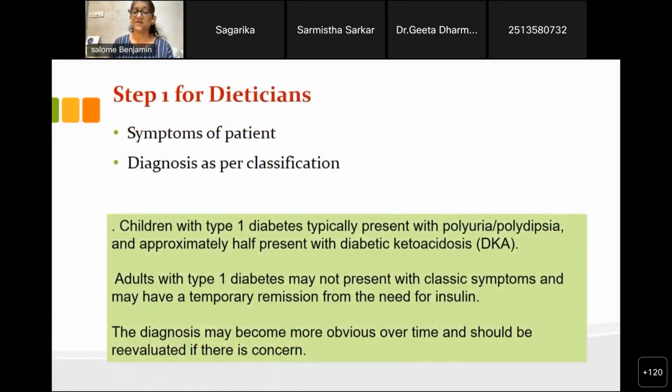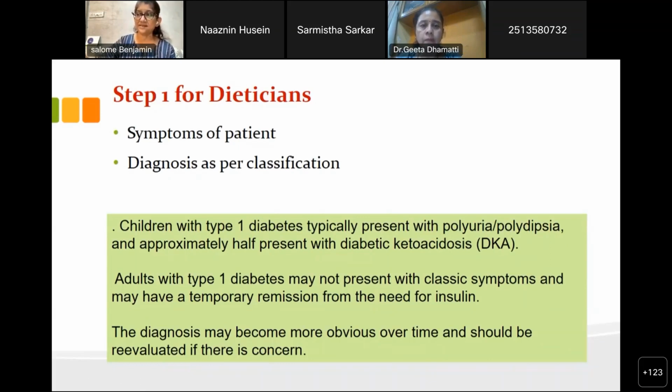So here is the slide for dietitians. How do we look at these different diabetes, and how do we look at these different patients? This is why I want to emphasize here to the dietitians that we as dietitians treat the symptoms of diabetes. We don't treat diabetes as a disease, and that is where we come to assess the